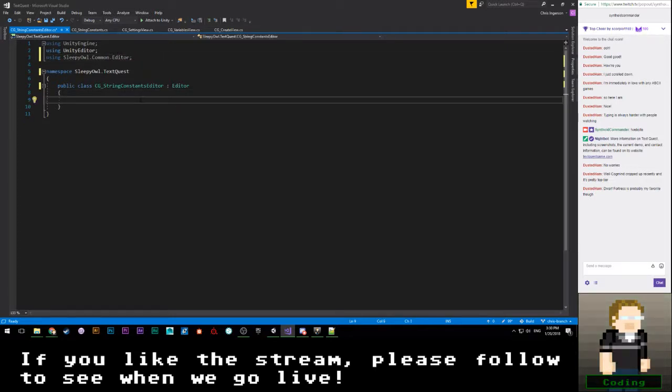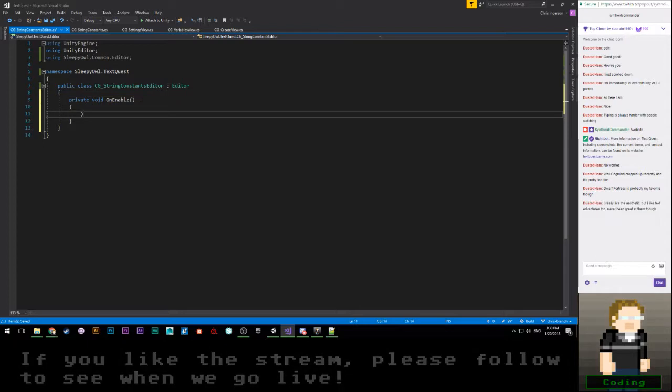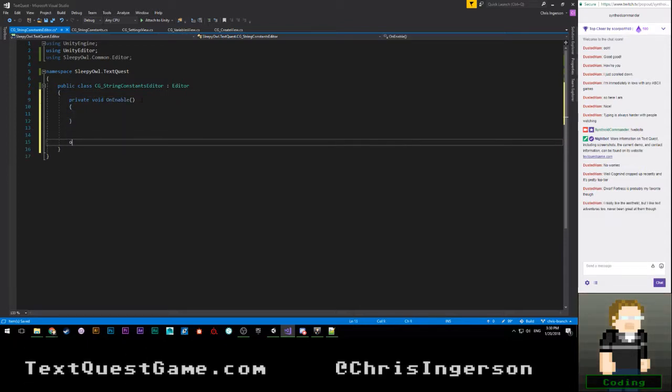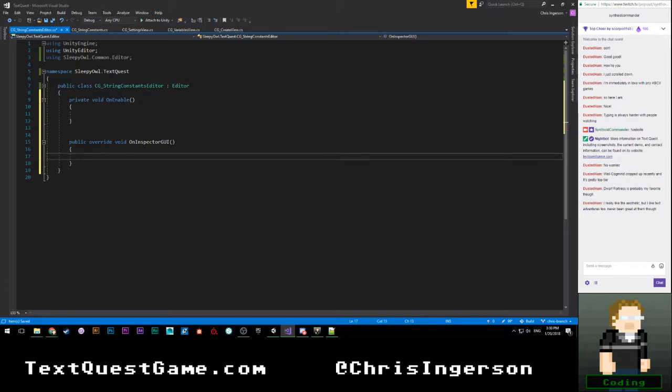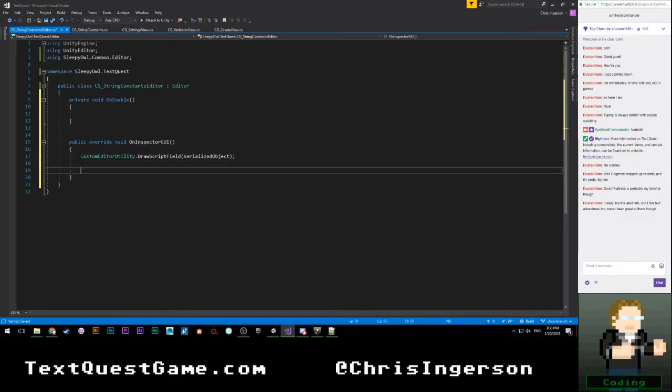All right, and if I'm lucky, I will be able to say private void OnEnable. We don't really care about that right now, but we're going to need it. Let's override OnInspectorGUI. We are not going to be doing that. We are going to say CustomEditorUtility.DrawScriptField, and that will be for the serialized object.